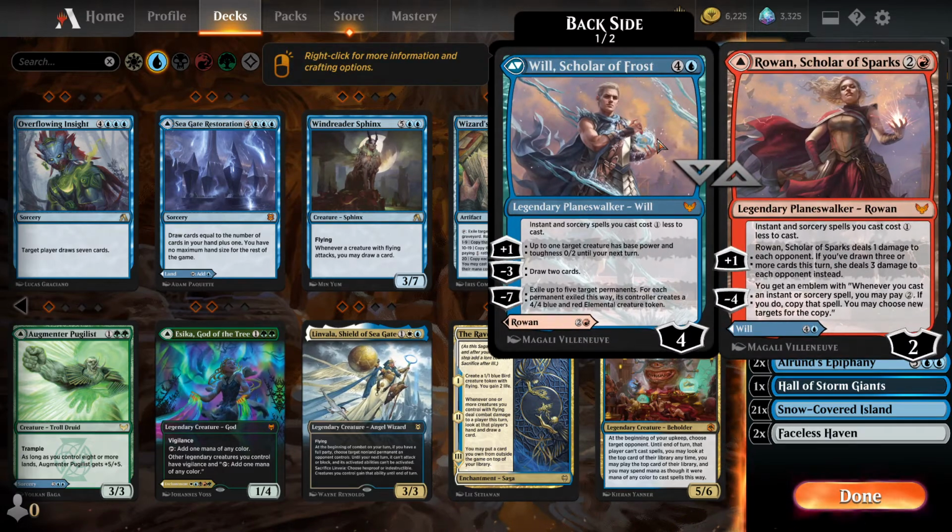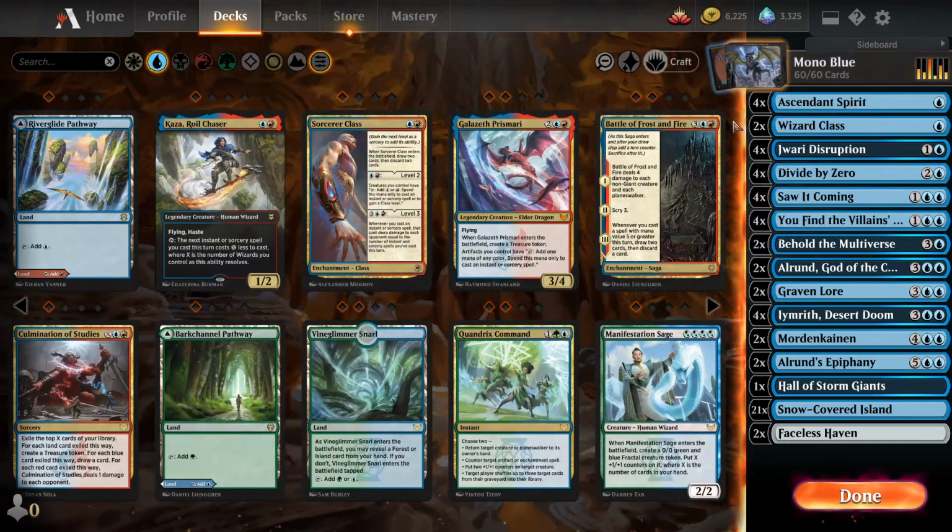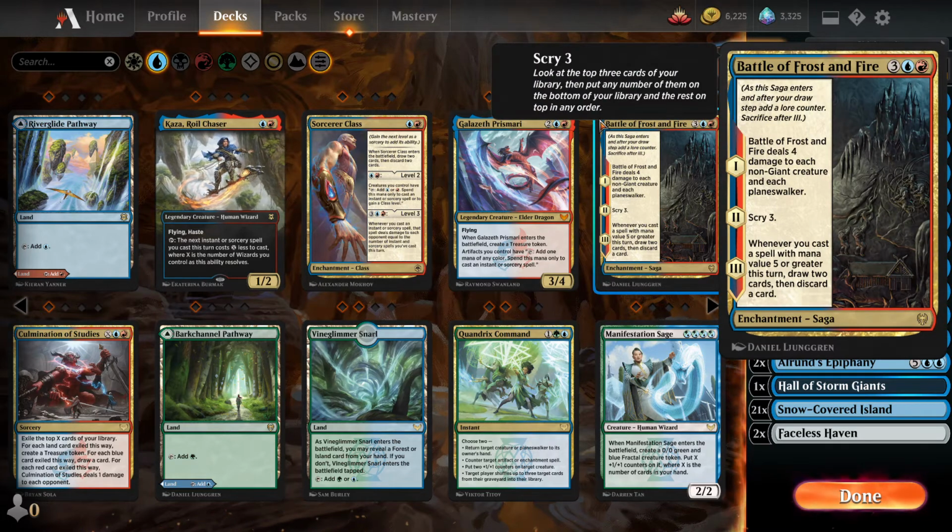Will Scholar of Frost. You could try running him to reduce the cost of your instants and sorceries, but I'm not a big fan because he is expensive and he's not very tempo. This deck is meant to be tempo. It's what mono blue is about, in my opinion. So yeah,